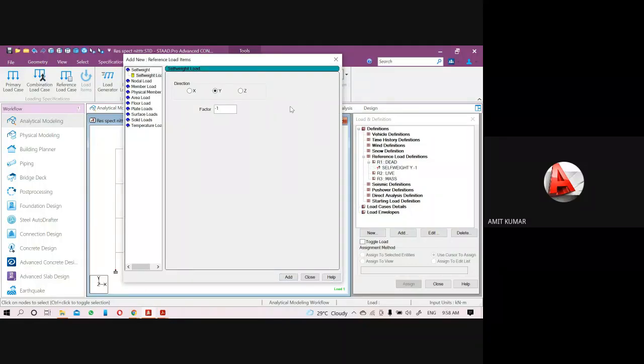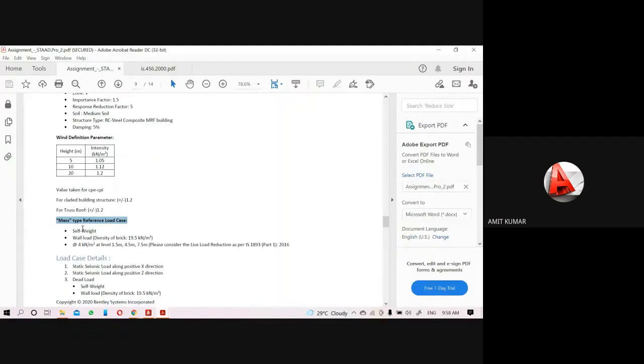Then read the project assignment again. So first is your self weight, so I assigned it. Second one is your wall load, and this wall load is due to the density of brick. Okay, wall load will be considered, and the density of the brick is given as 19.5. So let me calculate it. If the density of brick is 19.5 and the height of the floor is 3 meter, here you can see the height of the floor is 3 meter. So multiply 19.5 with 3, and if the wall thickness is 0.23,